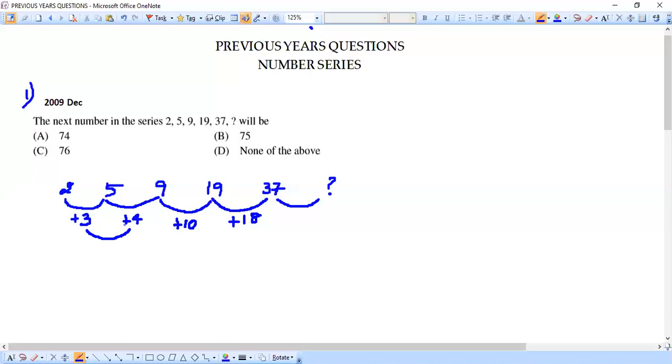So I have plus 3 to plus 4. Then this 3 plus 1 will give me this 4. Do you understand? See, this is going to be our first level difference. And what we find now is going to be a second level difference. Kindly understand that this is first level and this is second level.